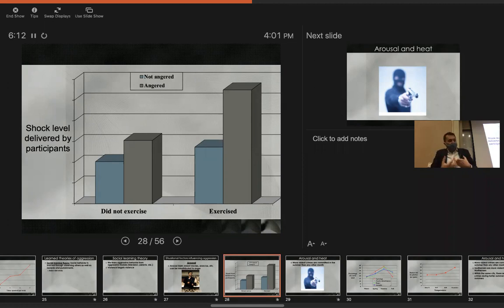They think they're angrier at the person than they really are because they're thinking, oh my God, my heart's beating quickly. There's butterflies in my stomach. I'm feeling kind of jittery. That's a sign of anger. And so they are really likely to retaliate against that person. So the fact that this gray bar is so high here is an indication that that misattribution of arousal is happening, that they've misattributed their arousal from exercise to being angry, and thus they retaliate against that person.